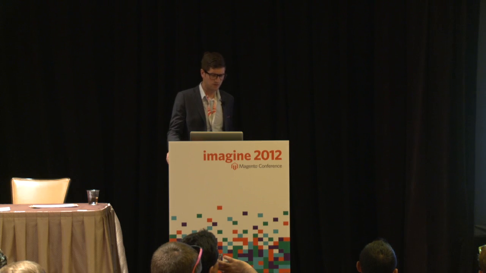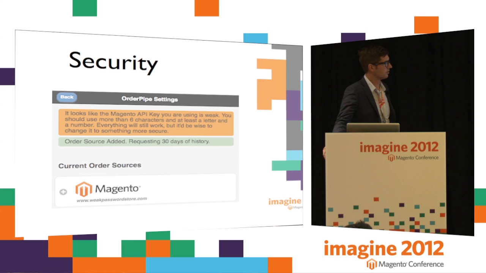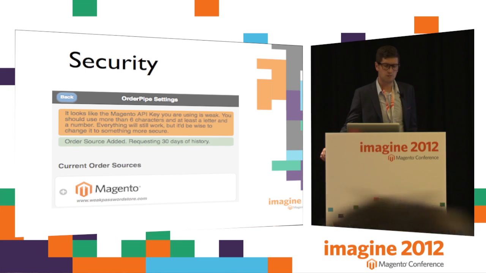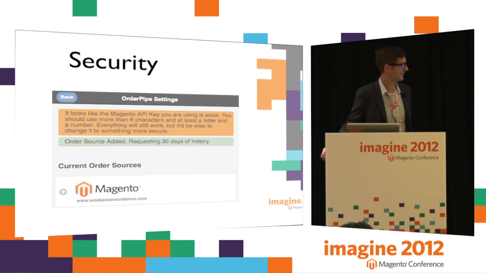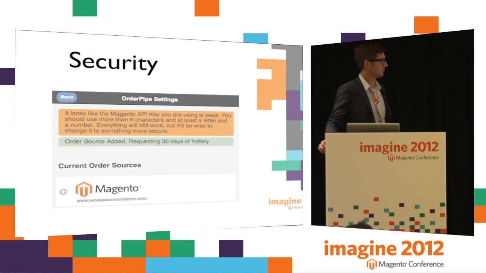So yeah, I mentioned earlier I wanted to talk a little about security. So with Autopipe, we actually check for weak keys and credentials and warn the user. And my first thing that I'll be implementing when I get a chance will be a warning that if they're running an old store, they should also upgrade. Now that I know about this web service